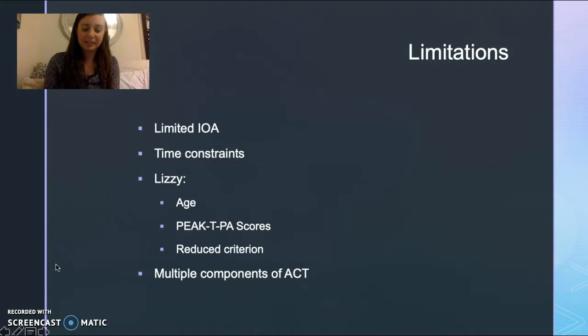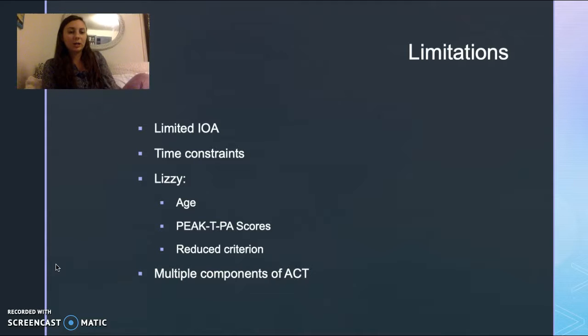Some limitations for the study consist of the natural private nature of ACT sessions, which tends to lend to limited IOA being able to be conducted. Additionally, due to the academic setup within this clinic, there were some scheduling breaks which led to time constraints for transitioning these individuals from traditional ABA services of DTT to ACT, as well as limiting the amount of sessions that Lizzie was able to